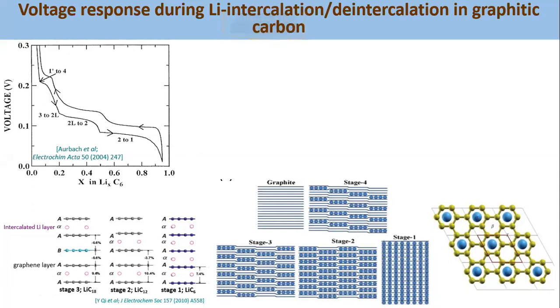With that formula, 6 carbon can store one atom of lithium. I will tell that lithiation means lithium insertion in the material, and delithiation means removal of lithium from the material. During the lithiation, you can see the lithiation in graphite starts from around 2 volts. And it forms various lithium intercalated compounds, denoted here as stage 4, stage 3, stage 2, stage 1.